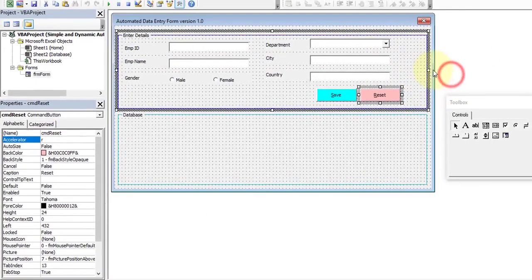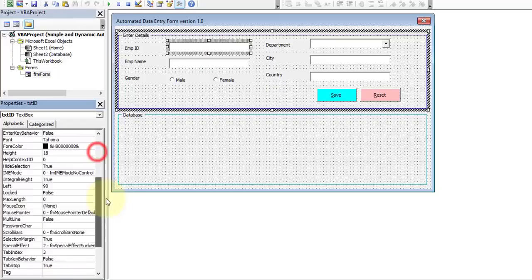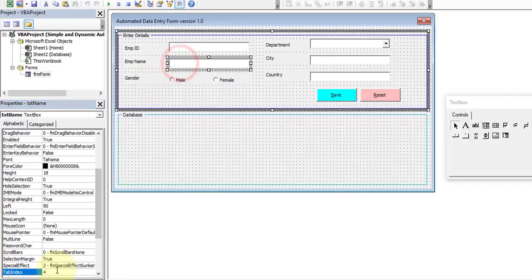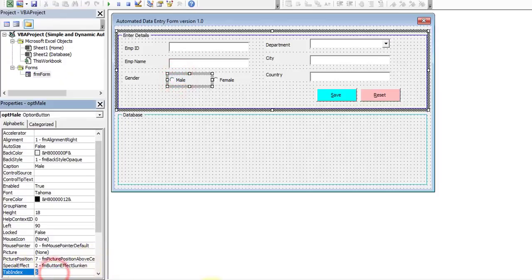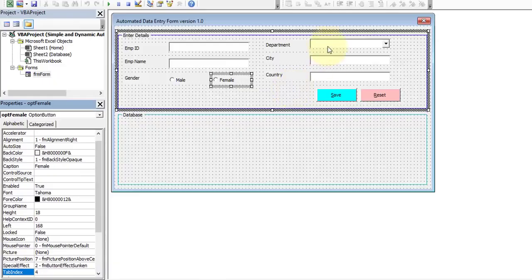Okay, so we have successfully assigned the name for each and every control and caption for that. Let's give the tab order for each and every field. So let's select this text box, go down, and here you can see that the tab index is 3, so let's change it from 3 to 1, and then assign this should be 2, this should be 3, and 4,